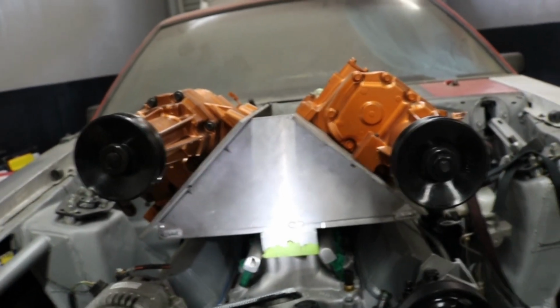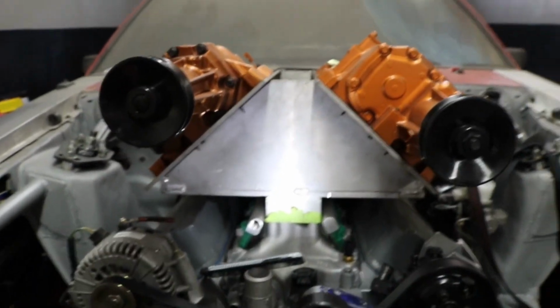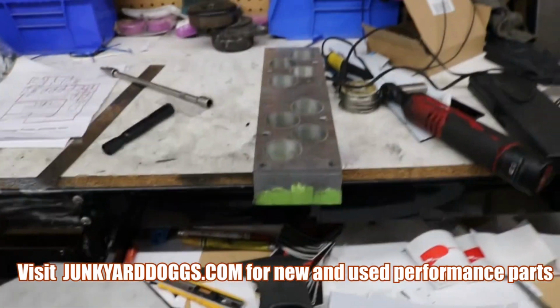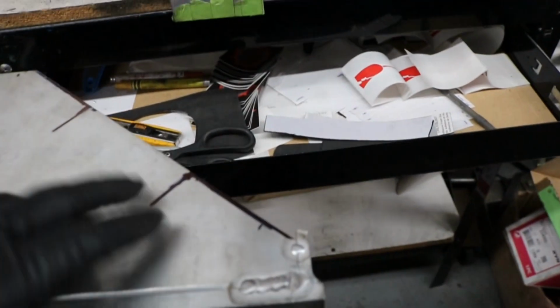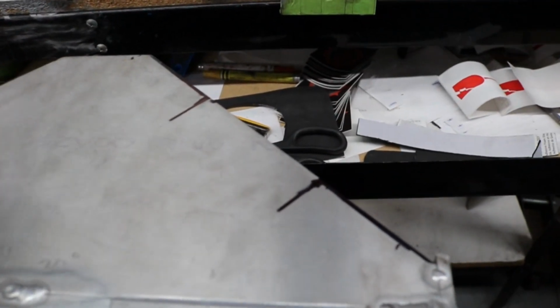Let's get the superchargers off, and let's take this whole upper intake off. All right, so there it is, all removed. So with this, now that this is off, that's the piece in the middle, and then this is the next piece over that. And I marked the cutout area. So I'm gonna measure how deep I wanna go. I don't really wanna go that deep. And then on the plates,